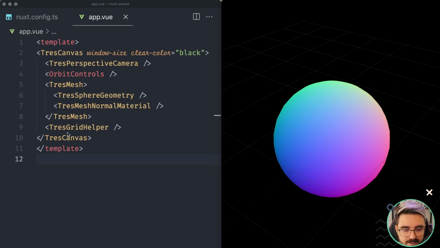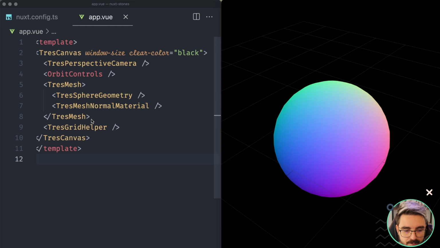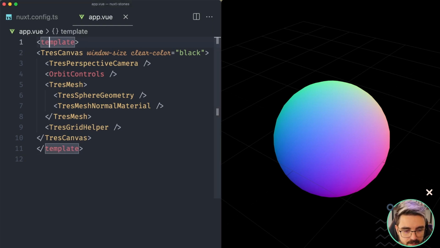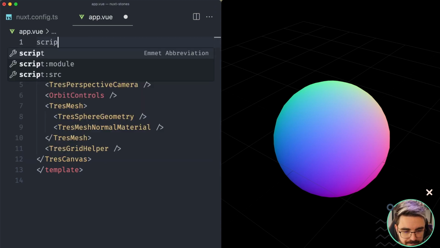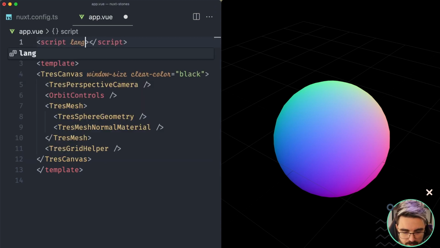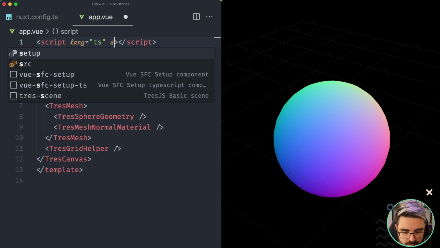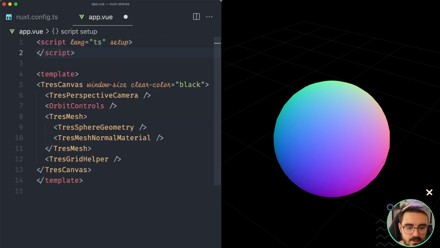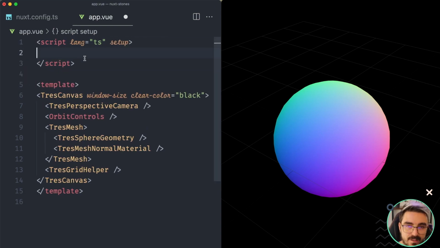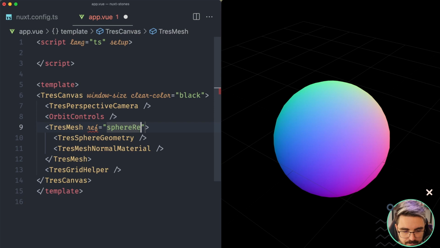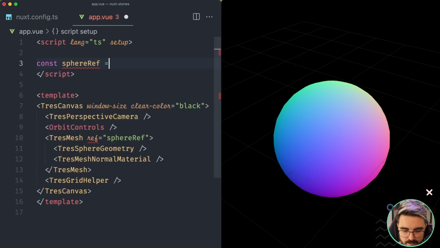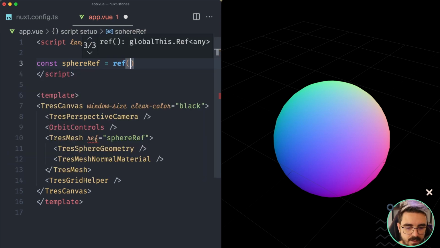So if you have already used it before, for example, if we want to animate this sphere, okay, let's create a script tag right here. Lang ts, and then, for example, setup, okay? We have seen that it works with the components, but let's check the composables. So we are going to pass to the mesh quickly a sphere ref, or a template ref, okay? We're going to say sphereRef equal ref, okay? And then